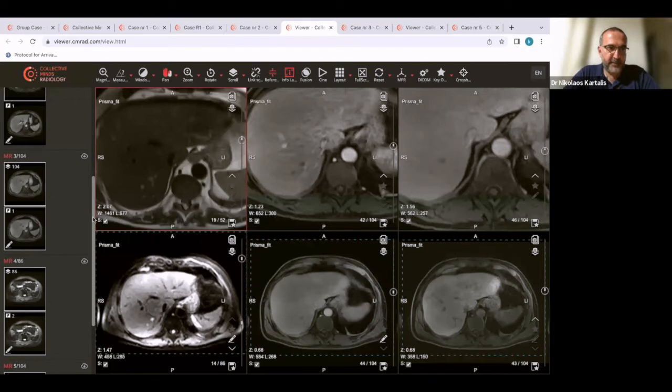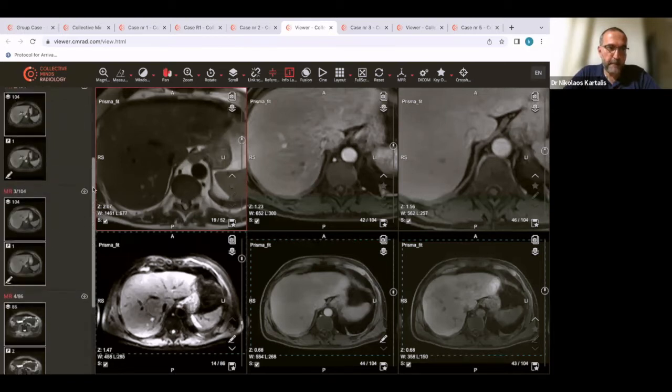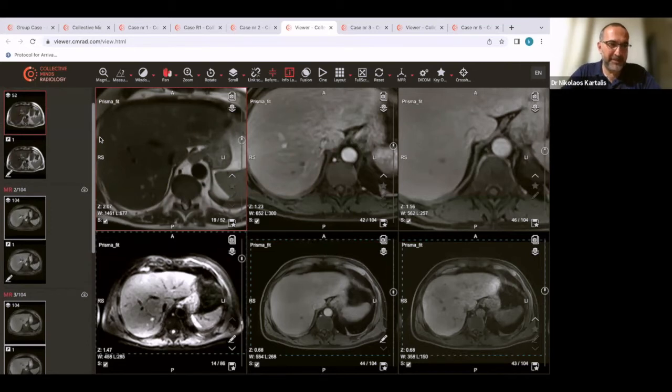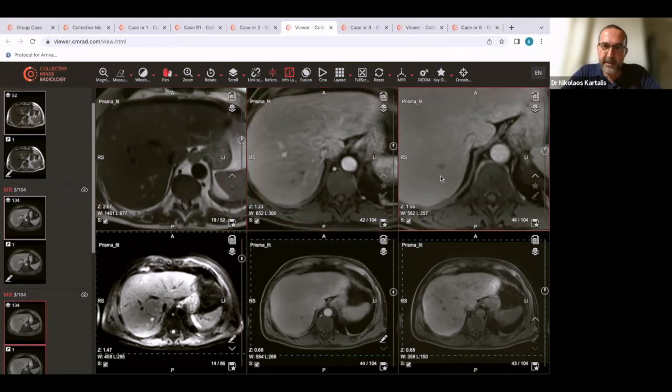Once again, I apologize for the ADC maps missing. Probably they disappeared somewhere in the case space of my email when I sent the images. But anyhow, let's say that for technical reasons you couldn't get the ADC maps. The MRI technologist for some reason didn't press the button. So we still have the T2s. Here we have the late arterial phase, a bit of artifacts as we expect them. And the lesions become a bit smaller in the 3-minute phase. No uptake in the hepatobiliary phase.